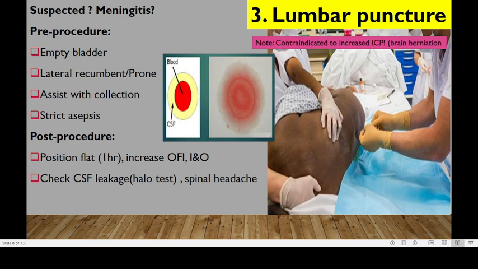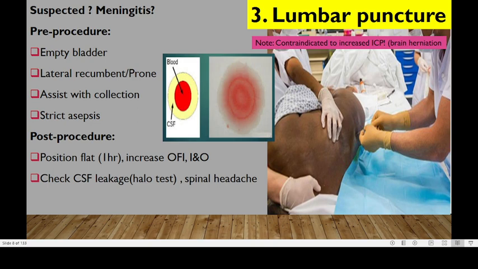You could also have a test like lumbar puncture, especially if you suspect meningitis, all right? So in pre-procedure, the patient will have to empty their bladder, okay? So we don't want accidental pricks and rupture of the bladder. And you have to help put the patient in a lateral recumbent position. All right, guys, a link will be popping up on how to place a patient in this position. All right, you also need to assist with the collection and maintain strict asepsis. All right. Okay, you have to position the patient flat